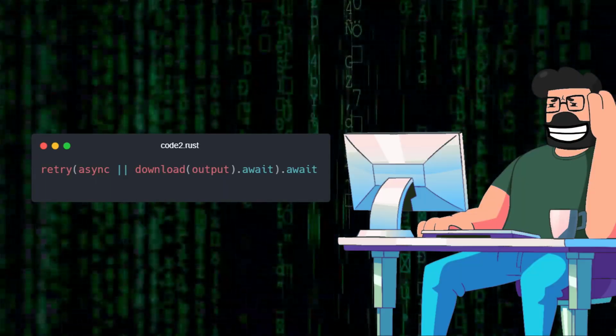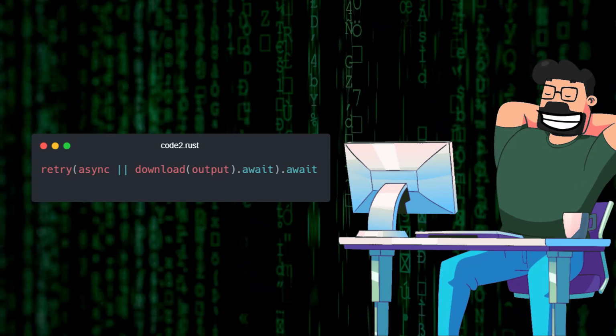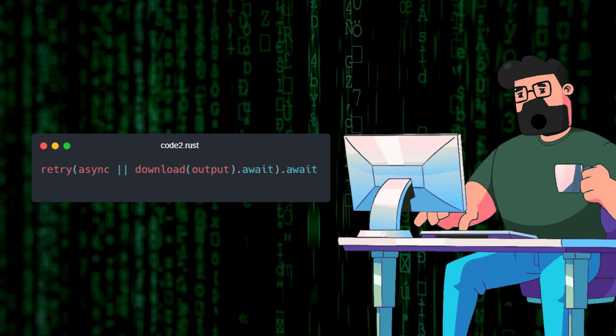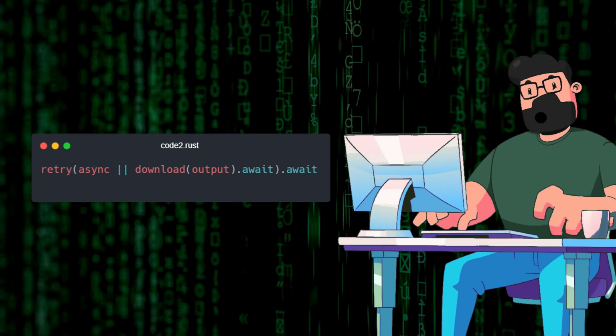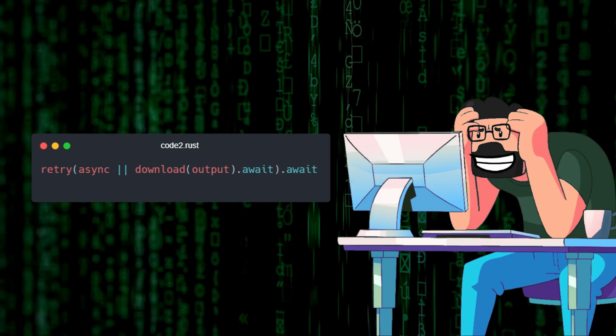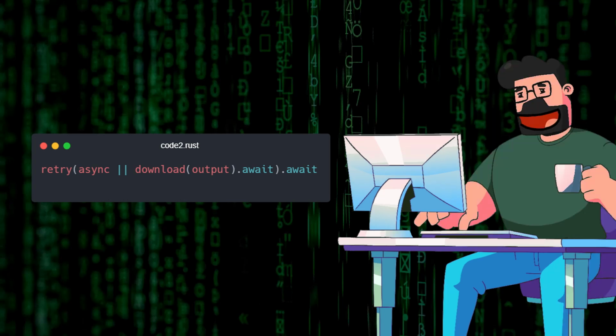Building on the solution, the next step involves utilizing the updated retry function in the context of the download with retry function. By employing the async closure with the download function call awaited, we can integrate the retry mechanism effectively. This approach enables us to handle retries in downloading files without encountering mutable borrow conflicts, enhancing the functionality of our